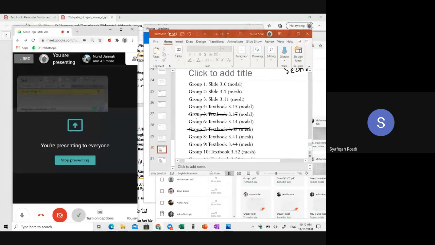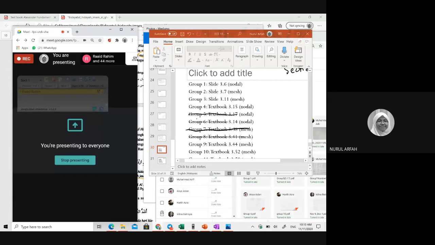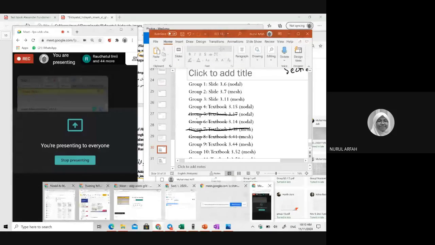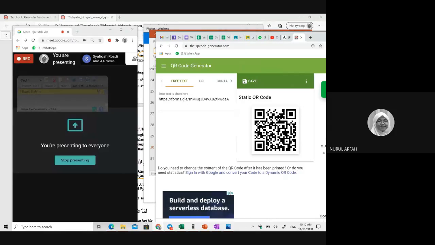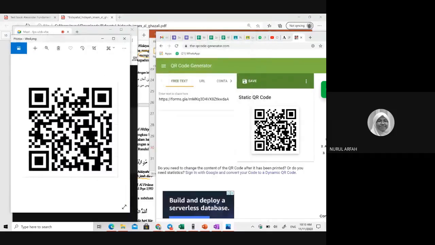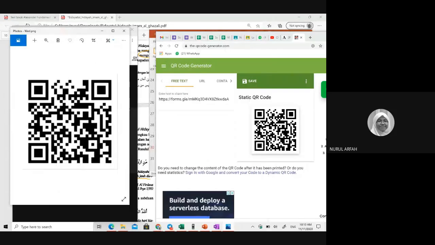Go one by one first. Okay, one by one starting from group 1. So, before that, I just open this part. The QR code. There's a picture. Here. I just put on the right side. And then,